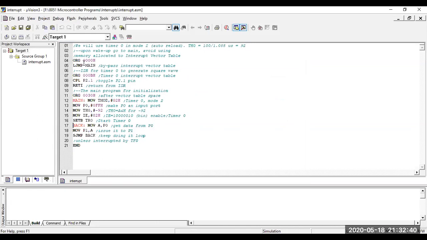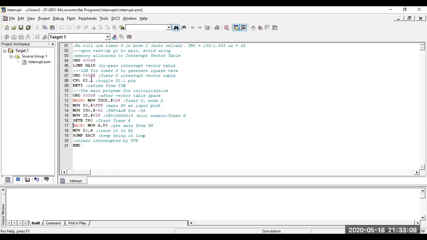So this is org 0000h, LJMP main. Main means it will go to the main function. So this is the ISR address. What is the ISR address? org 000Bh. This is the ISR address of the timer 0 interrupt vector. So that's why this is org; it should start from 000Bh. And every time you are complementing port 2.1, that means you have to generate the square wave at port 2.1.